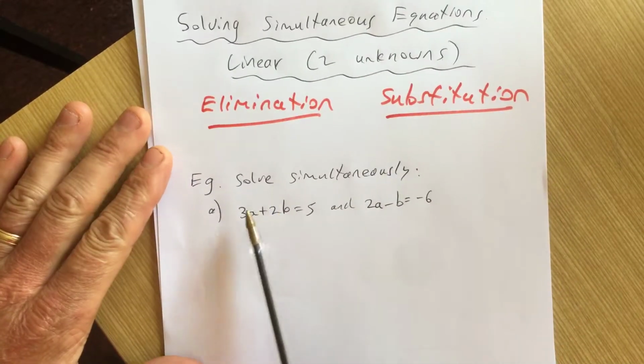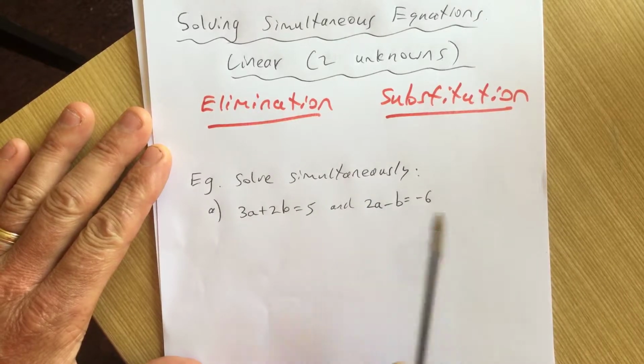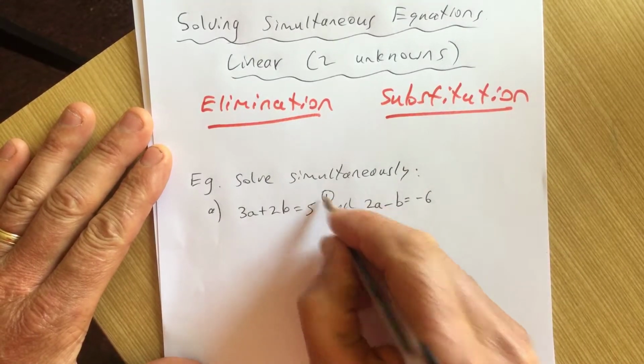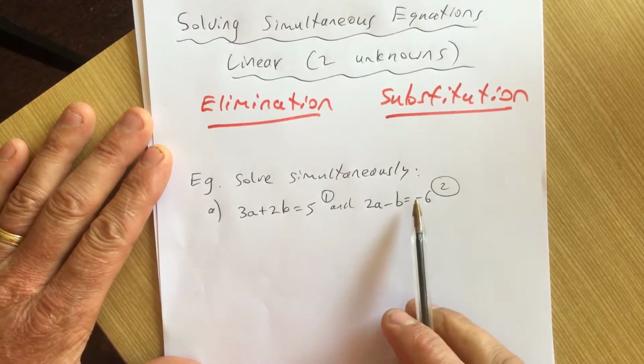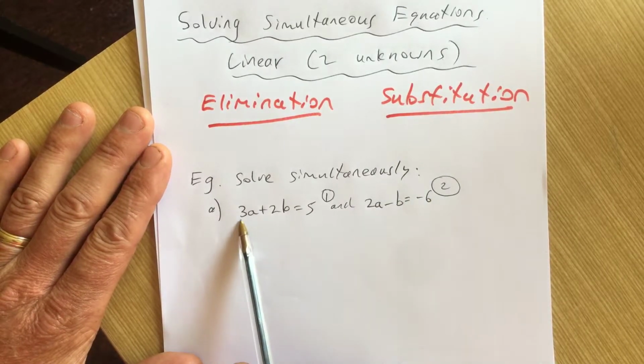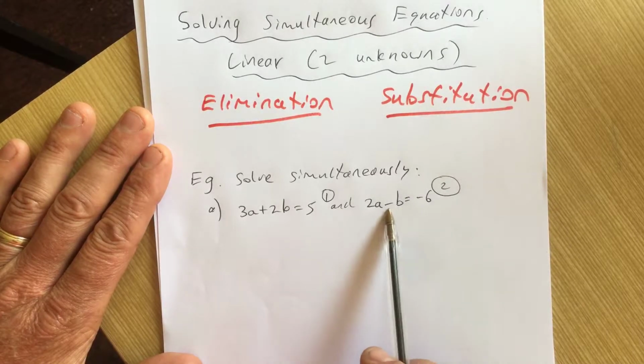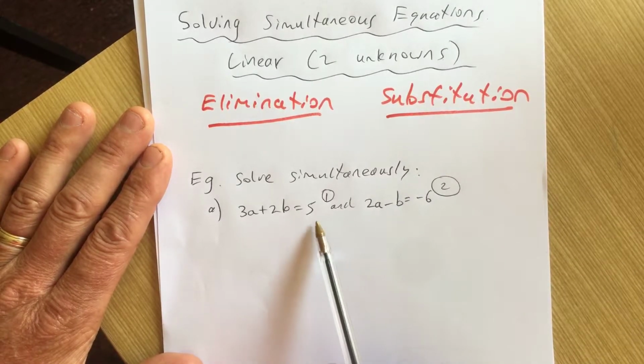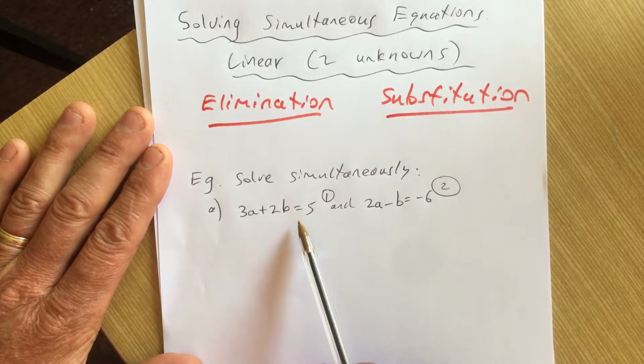So the first one, these are the same as the textbook ones, solve simultaneously. Firstly, I would call them 1 and 2. I know you might want to get lazy and not do that, but it makes it easy to tell the person who's looking at your work what you're doing. And let's have a look. 3A, 2B, 2A minus B. They're not exactly the same, any of them, the A's or the B's, but I'm still going to go with